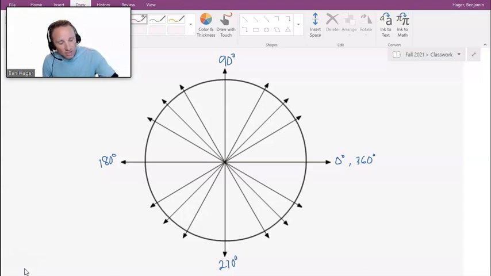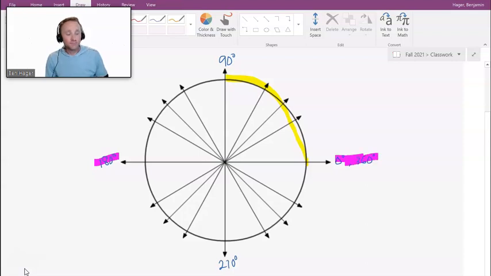And the nice thing about the unit circle is you really just need to focus on quadrant 1. If you know the angles for quadrant 1 and how to deal with what we would call our anchor points, you can then go ahead and find all the angles in the circle here. So let me show you. This first small slice of pie, or this small slice of pizza, is a 30-degree angle.